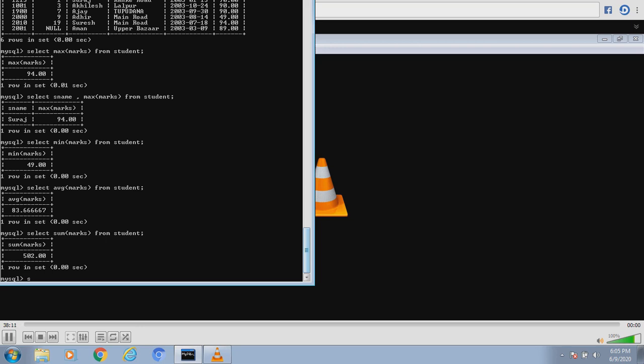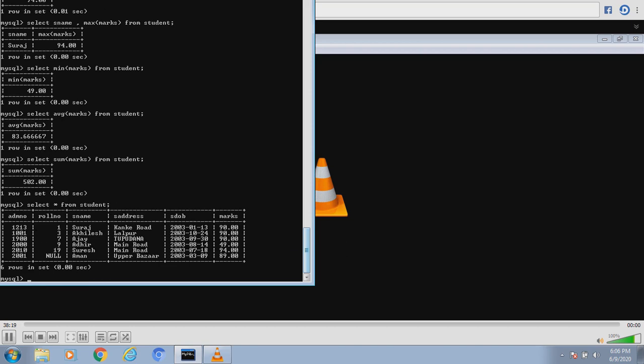So we will write select star from student. When I write select star from student, you see they are according to the order of roll number. Suppose I want to change it according to the order of SNAME. What will I write? We will write select star from student order by SNAME. This is the command. What happens?